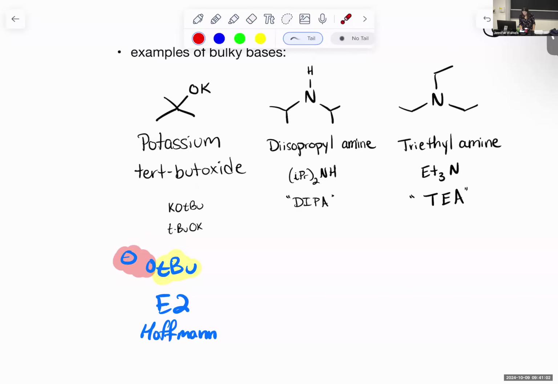So that's our tert-butoxide, and it doesn't matter what your counter ion is, whether it's potassium, sodium, whatever makes you happier. So seeing that OtBu minus, or tBuO minus, is going to be our strong bulky base. Other bulky bases are diisopropylamine, or DIPA, is going to be where you have this,